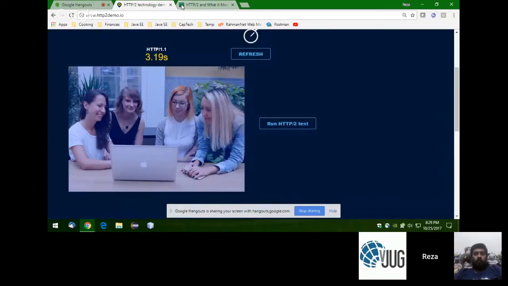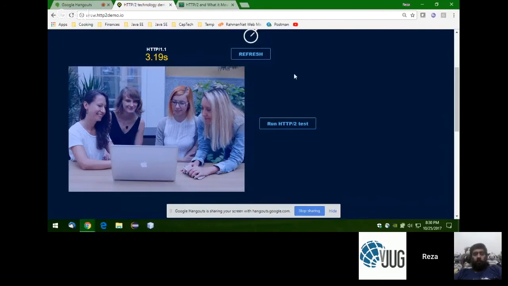Okay, so notice this little image on my left-hand side. It took a little while to load, right, because this image is actually a composite of many different images, and you could visibly see it's loading each little image, and it's using HTTP 1.1 under the hood, and it took 3.19 seconds to load.